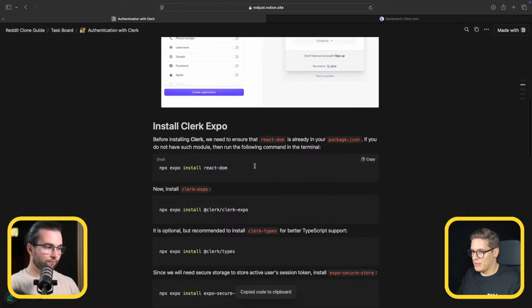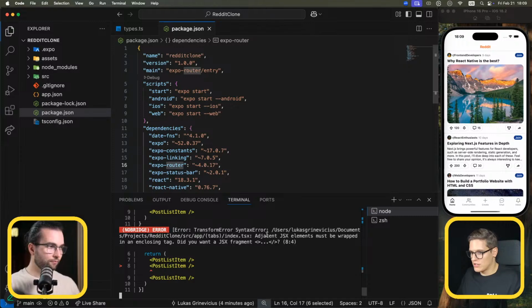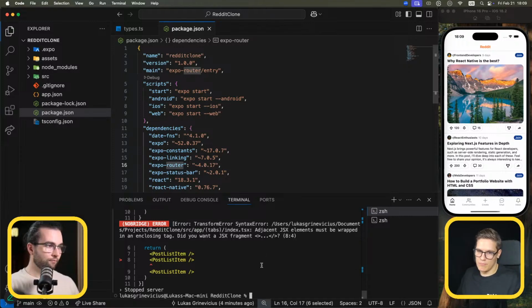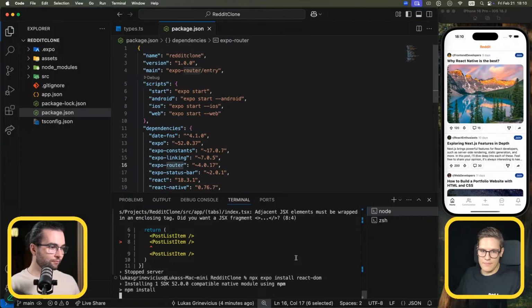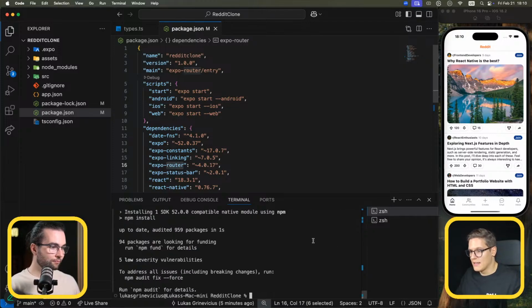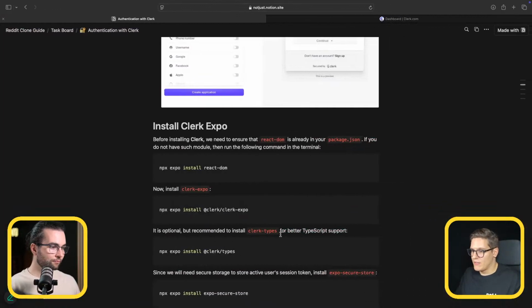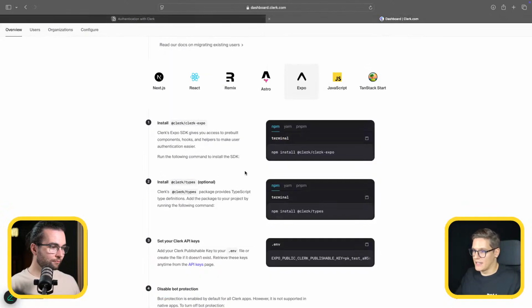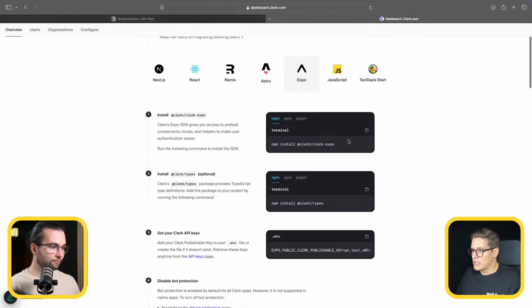But I will install it. So copy this command and open your terminal. We can stop the server because we will need to restart it. Let's run npx expo install react-dom. Let's quickly install it. And now we can follow their guide. First things first, what we need to do is install